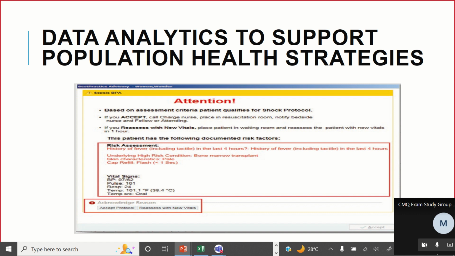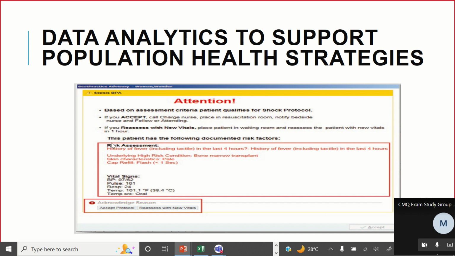Because they studied all of the patients that had sepsis previously, and I believe they only focused on pediatrics, what were their symptoms, what were their presenting characteristics, what were the risks that they had, and they created a system or an alert. This is at the triage level, so whenever the baby or the child comes to the hospital and is assessed based on the documented assessment, this message used to come